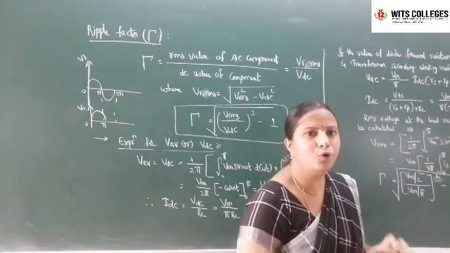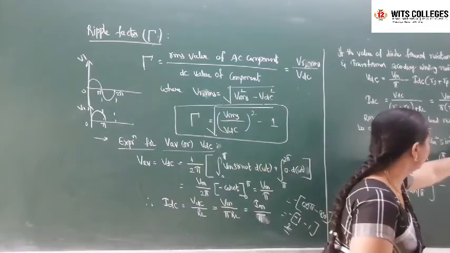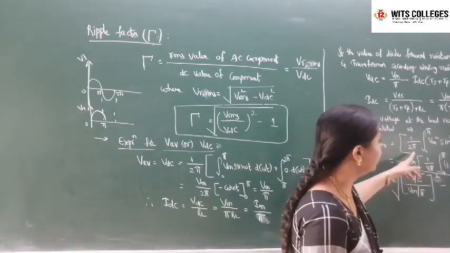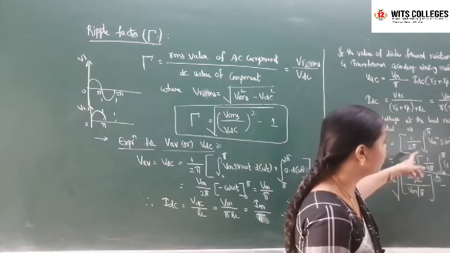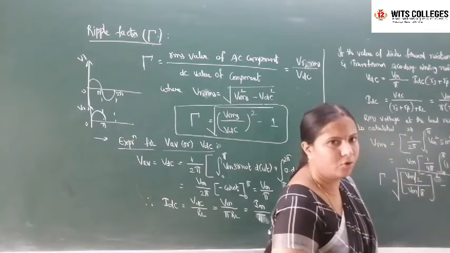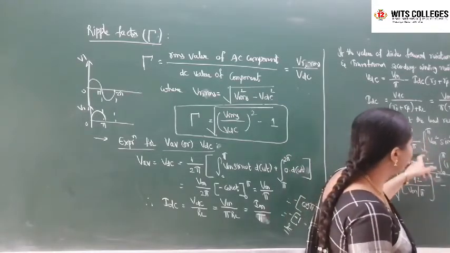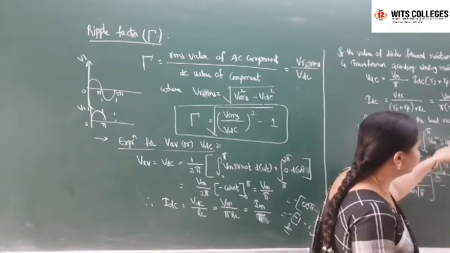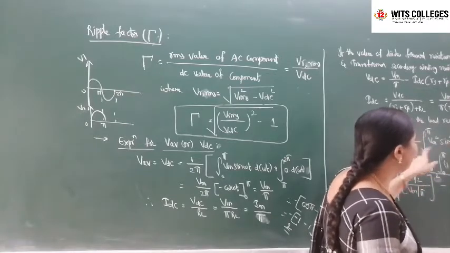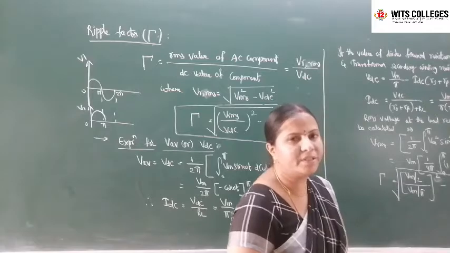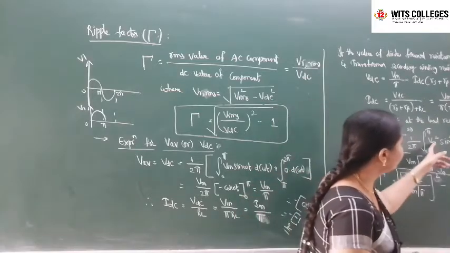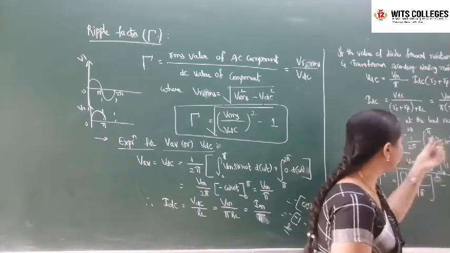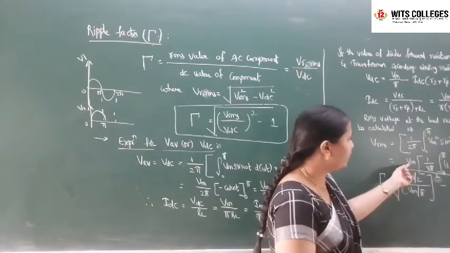Now the RMS voltage at the load resistance can be calculated as follows. RMS means root mean square. This is the root and this is the mean, 1 by 2 pi, and square means we take the square here. So 1 by 2 pi integral 0 to pi Vm square sin square of omega t into d omega t, whole to the power of 1 by 2. This is the root mean square voltage. Vm is constant, and since Vm square is under the root it cancels, so you can get Vm here.